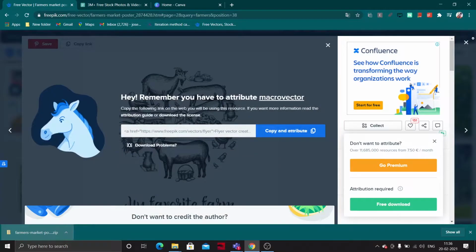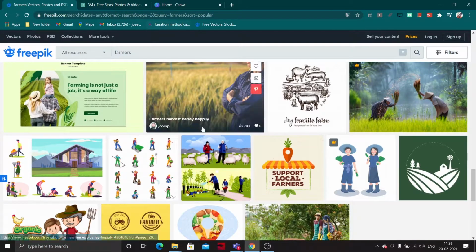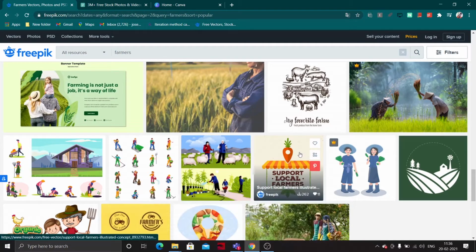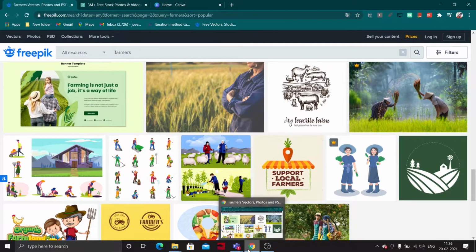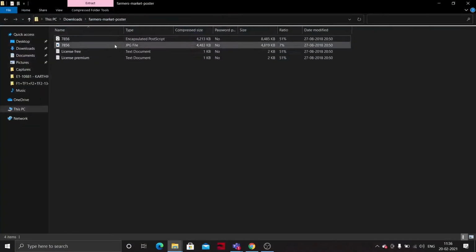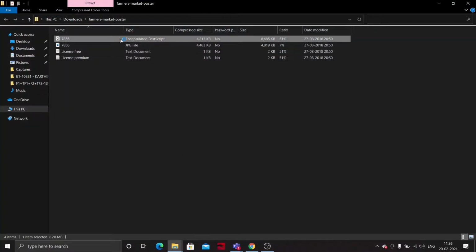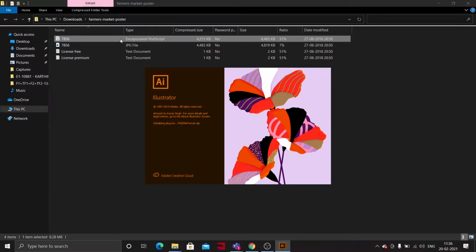After that, the main basic thing is we have to keep our logos. First thing is selecting the background of the poster, which we have done. Then choose the PSD format, because many are using Photoshop.